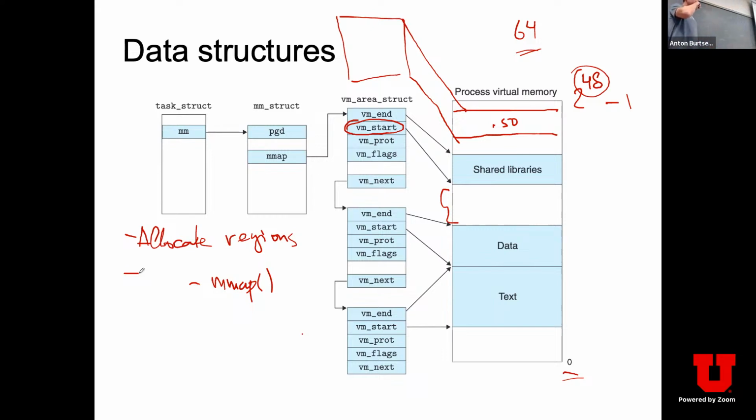Update the page table. Well, why is that? On what operation do you need to update the page table? Because if we need to load the shared library, we need actual physical memory space to hold that. Right. So the moment you create the virtual memory area struct, which represents